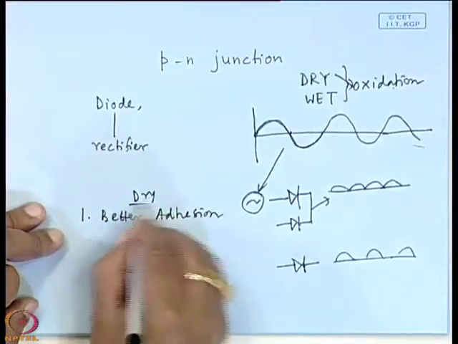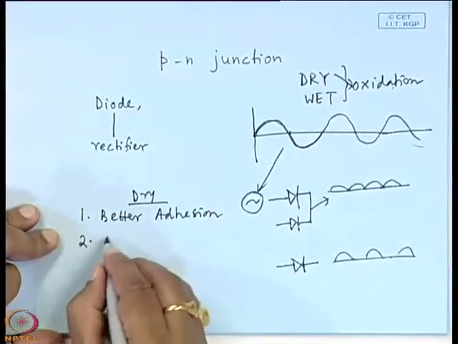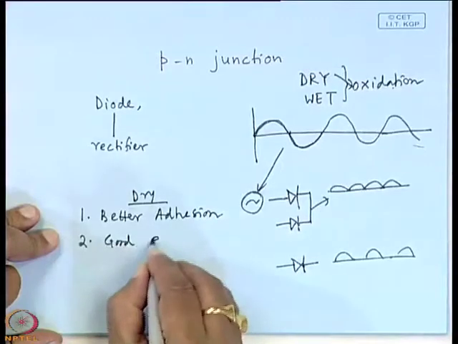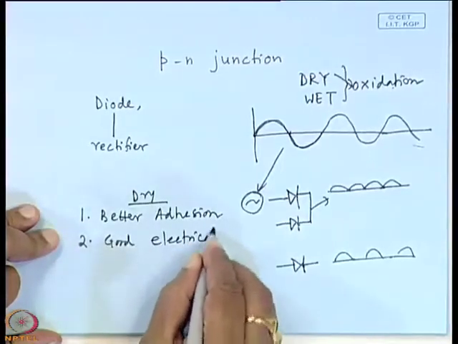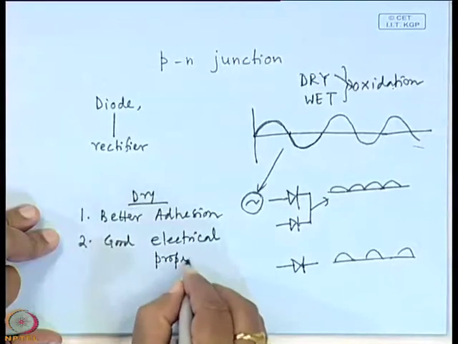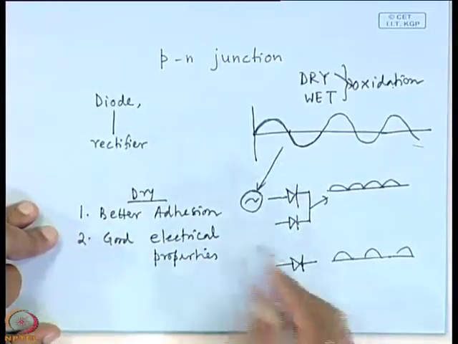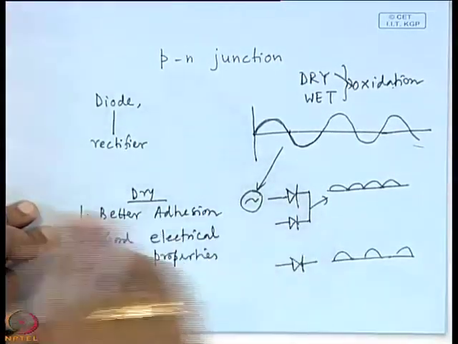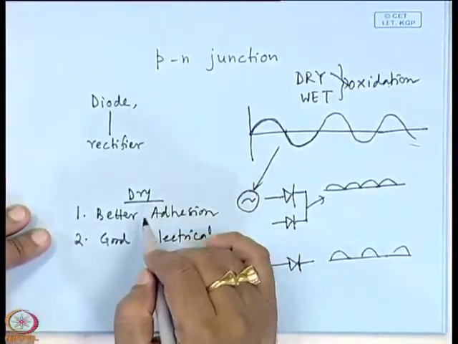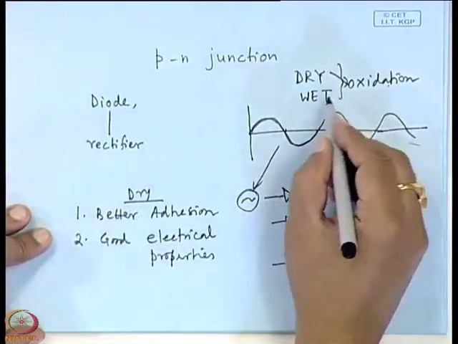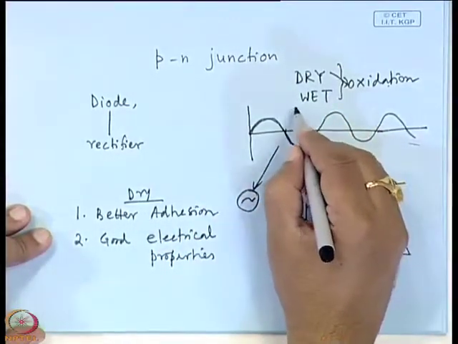Dry oxidation also gives good electrical properties. It is the consequence of the better adhesion, because if the interface is better, then the electrical properties will be better, because the interface will be free from any kind of defects. So, the scattering will be less. Okay. So, these are the advantages of dry oxidation, and so far as wet oxidation is concerned, the advantage of wet oxidation is that